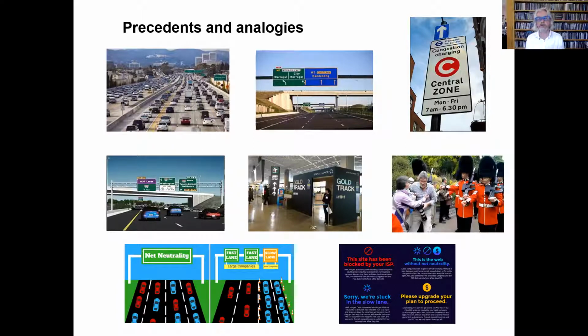There are now situations where you can essentially pay on your mobile phone for access to some of these lanes as you're driving. Say, I'm running a bit late, I'm prepared to pay more, get on the express lane. Anyone who, back in the day when we could travel by aeroplane, would have had the experience of watching people who had higher frequent flyer status or traveler status or whatever it was, have shorter queues, walk through ahead of you, or indeed the really wealthy have separate airports.